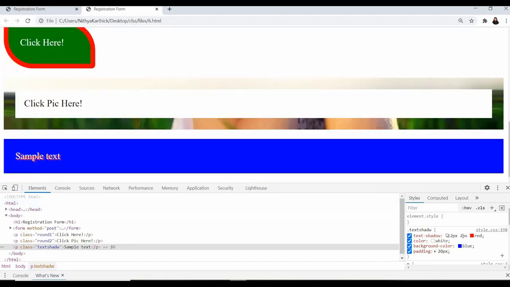Then we have one third parameter. So here, 4 pixel. This third parameter is for the stroke value. Okay, we always used to call this the spread value.